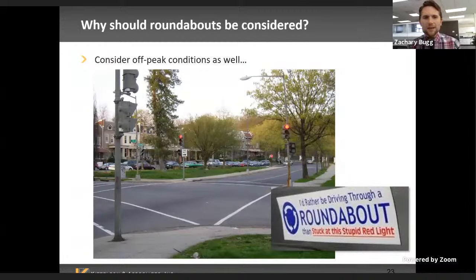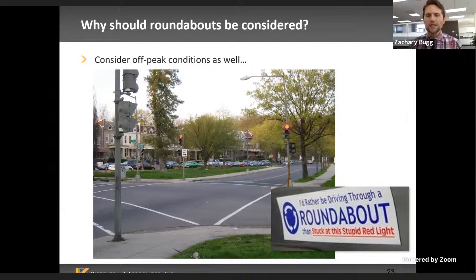This is, I believe, an intersection in Washington, D.C., and you can see there's a signal there, and there appears to be no traffic at the intersection or anywhere near it. Everybody is just parked on the side street here. So I'm guessing this is either dusk or dawn, an off-peak or off-commute time. There's a signal out here burning electricity when it's really not needed. Vehicles that come on the approach have to stop and wait for the signal to change over, even when there's no conflicting traffic.